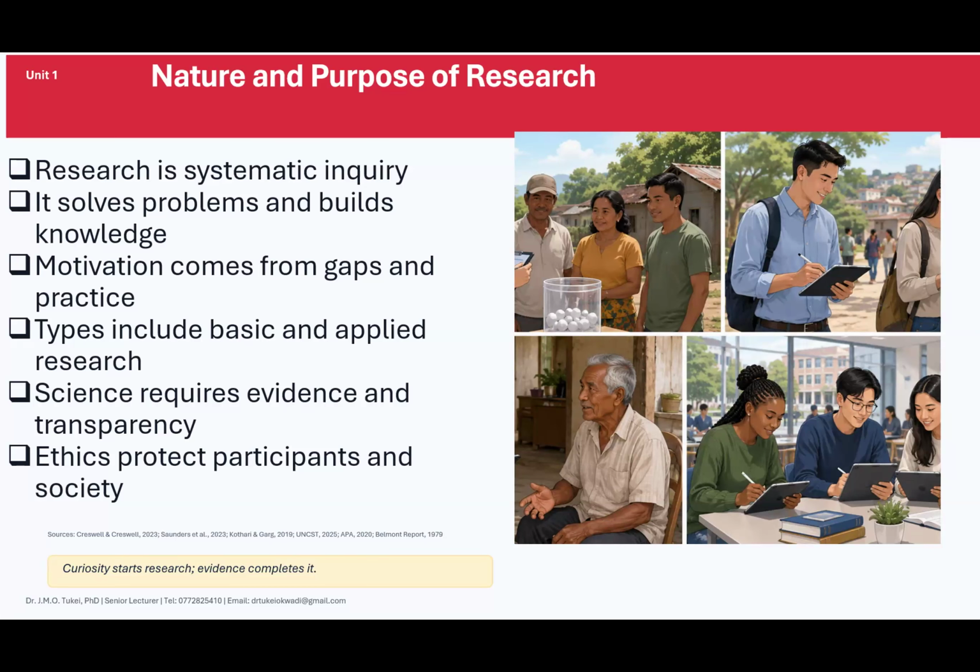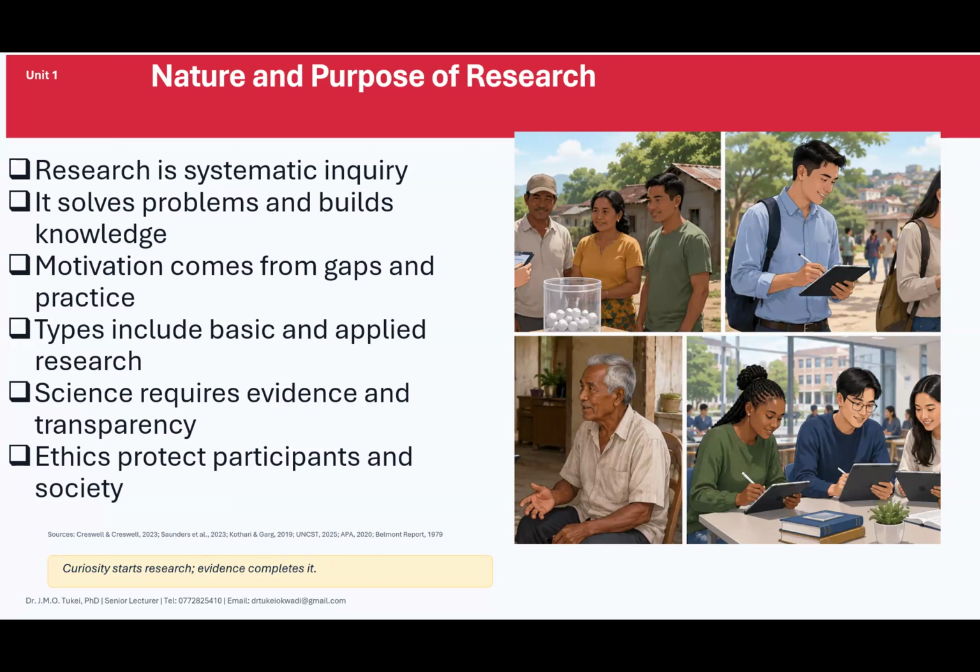So, colleagues, we are going to start all of this from the nature and purpose of research, which we look at as unit number 1. For some of you who are takers, retakers, the ones who are dodgers, know that this is unit number 1. Will I set an exam from here? Why not? Yes, of course. That is the purpose of this recapping.